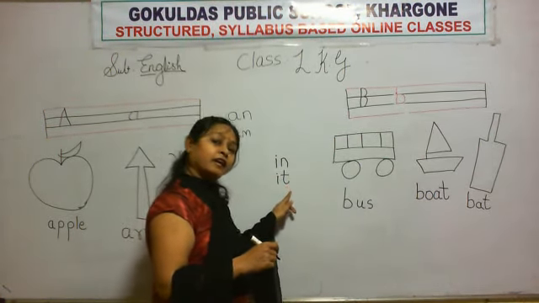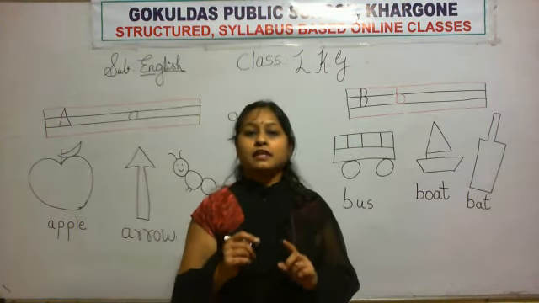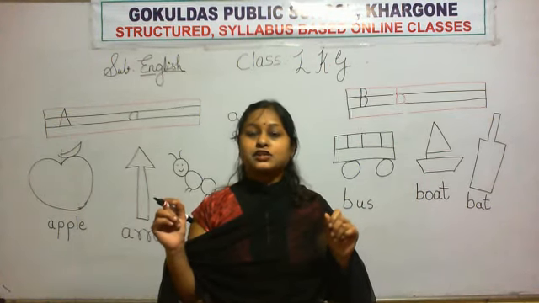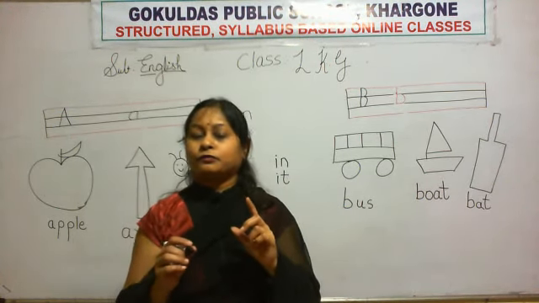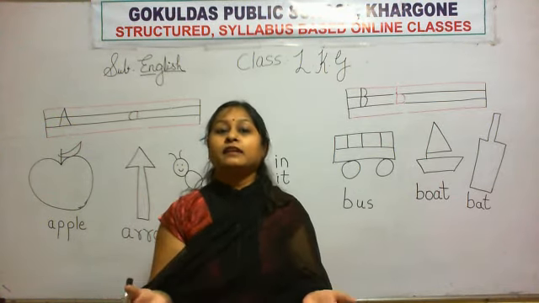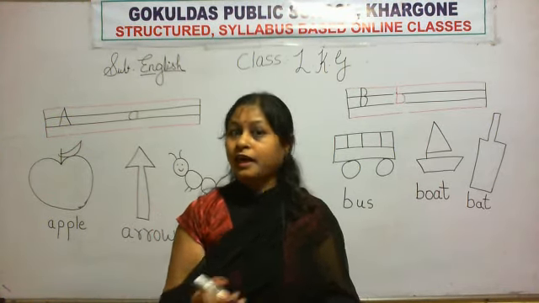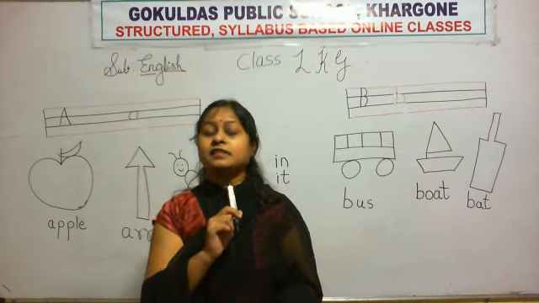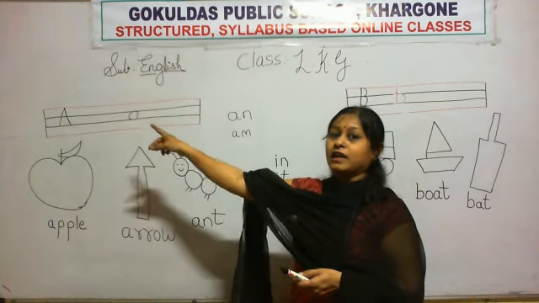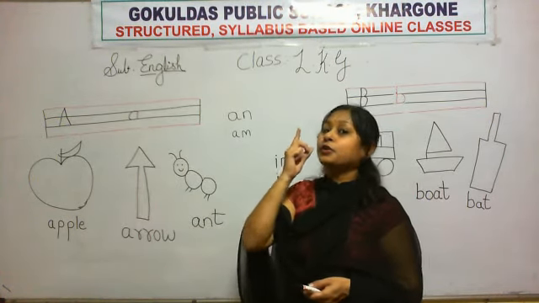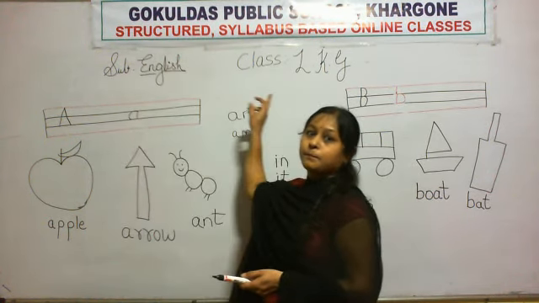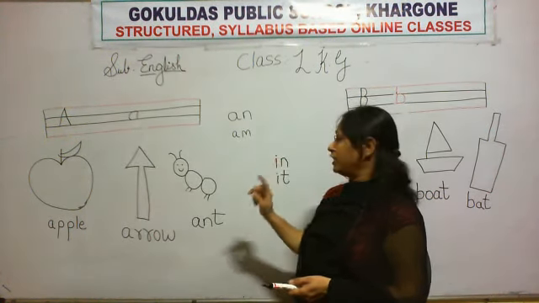Okay, and you have to do practice of rhymes also with action. I will see you from camera that you are doing with action or not, or you are repeating the rhymes or not. I can see you. So you have to do practice of letter A and B in notebook and sound a, b. And reading of sight words